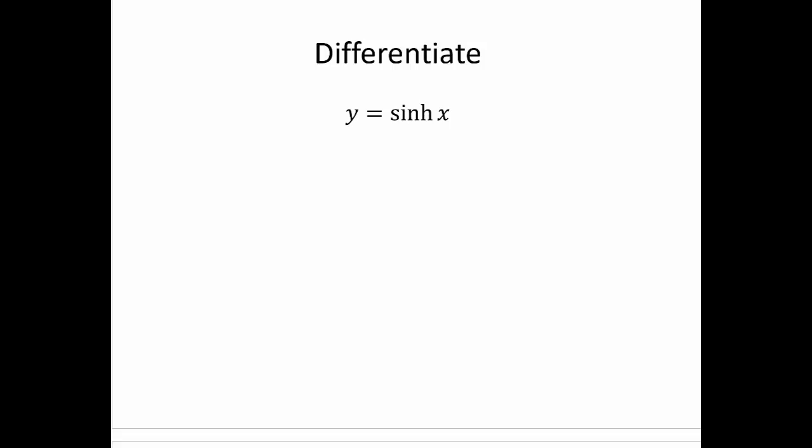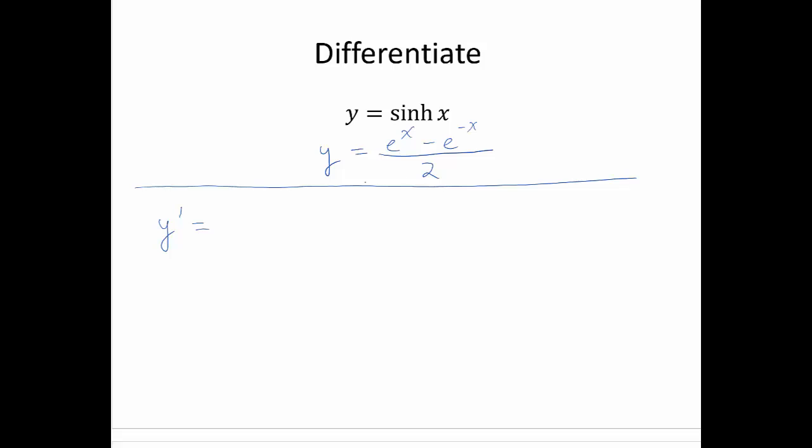Now let's start looking at some calculus. We wish to differentiate y equals the hyperbolic sine of x. Well, we don't have a formula yet, so let's start from what we know. I know that y, using the definition of the hyperbolic sine, is e to the x minus e to the negative x over 2. And now let's calculate the derivative. So then y prime,